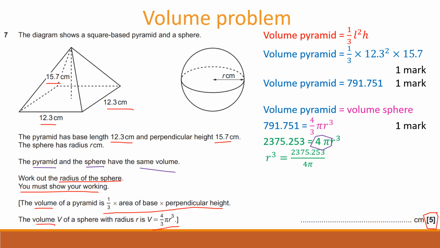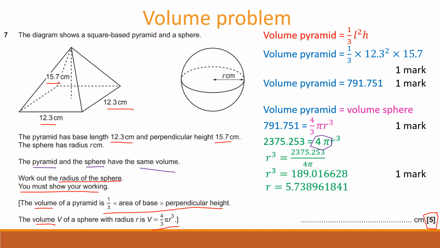Now to get r on its own, I need to take the cube root. So I'm going to do the cube root of that answer to give me the value of r. You would get 1 mark for saying that r cubed is equal to 189.016628, or rounded to 189.02. And then to get the final mark, we need to cube root that answer to give me r is